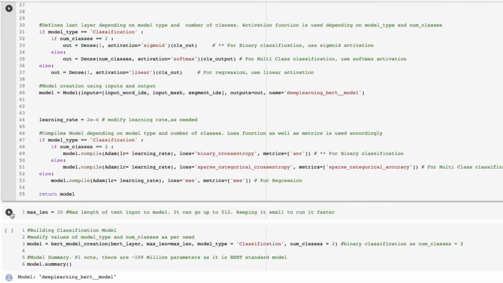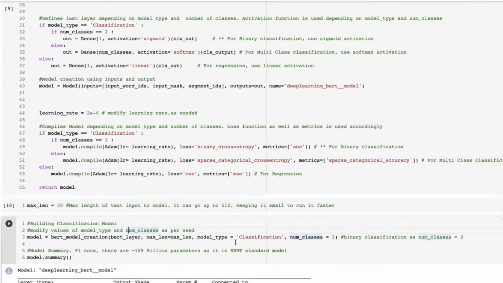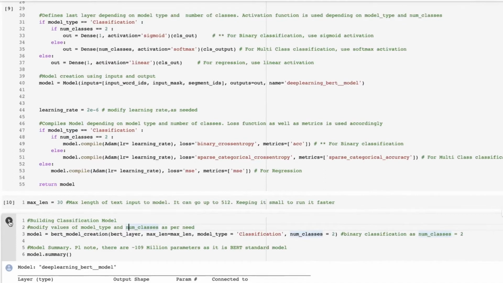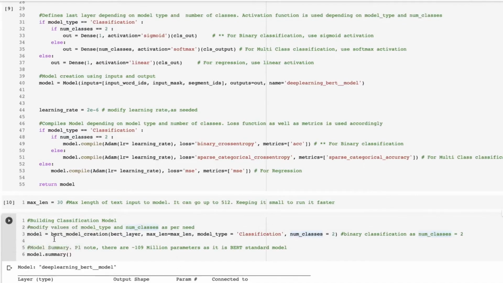So here I'm using maxlen as 30 so that it runs faster, but definitely you can go up to 512. Okay. So in this row, I'm building the BERT model using the function I just talked about.